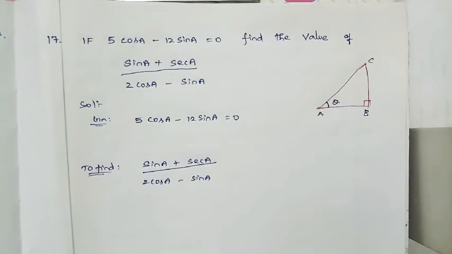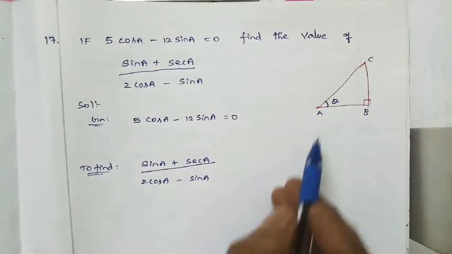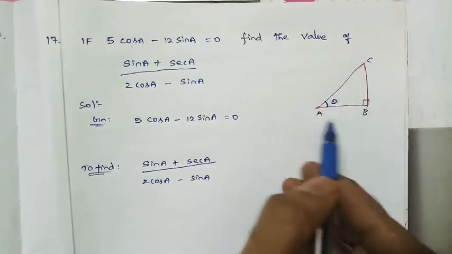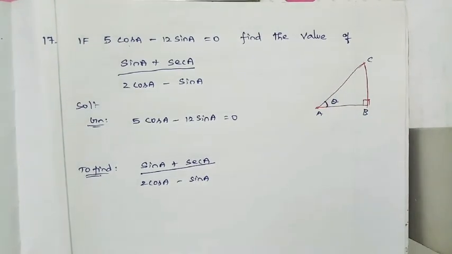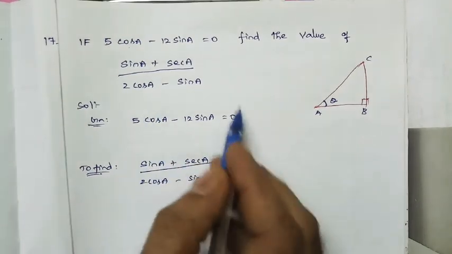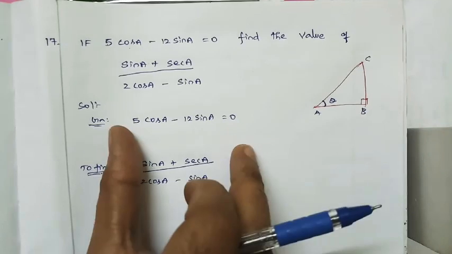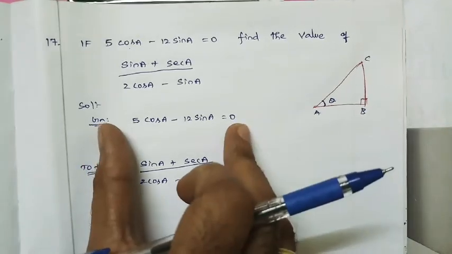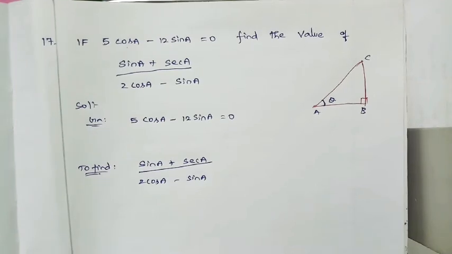Usually they will directly give the lengths of the 3 sides or 2 sides, otherwise they will give the trigonometric ratio. But here they didn't give the trigonometric ratio. They have given an equation. By solving this equation, is it possible to form a trigonometric ratio? Yes, it is possible.